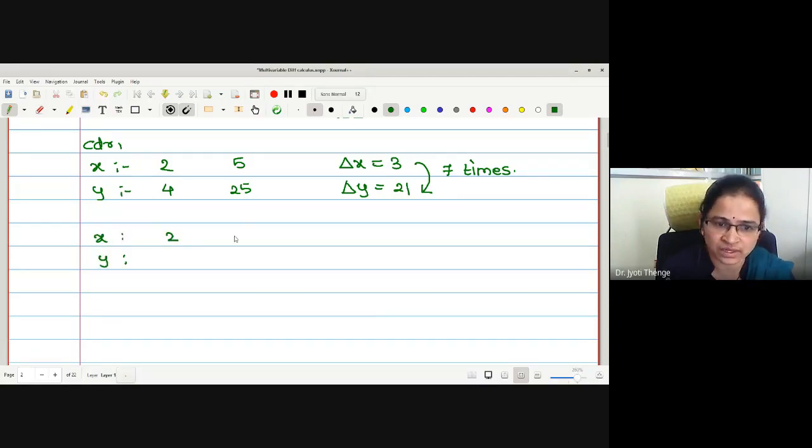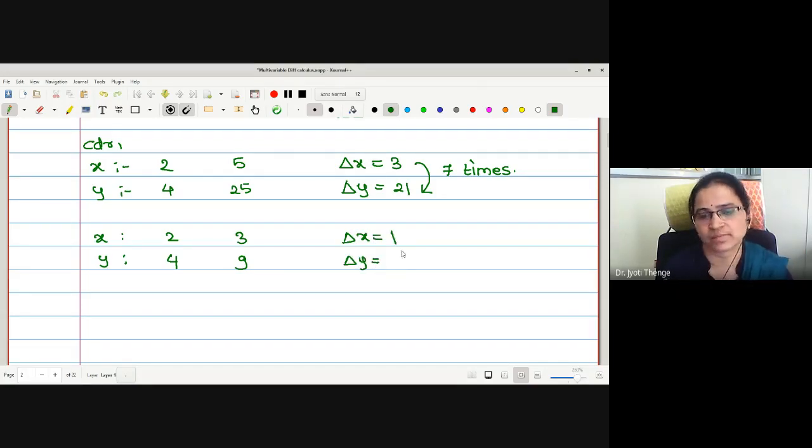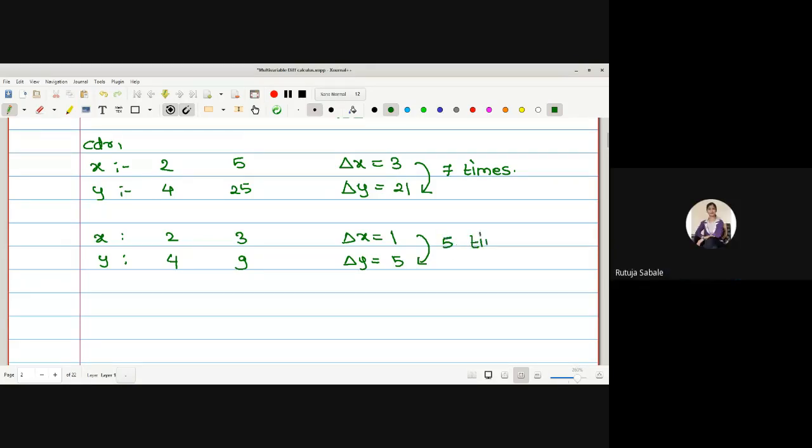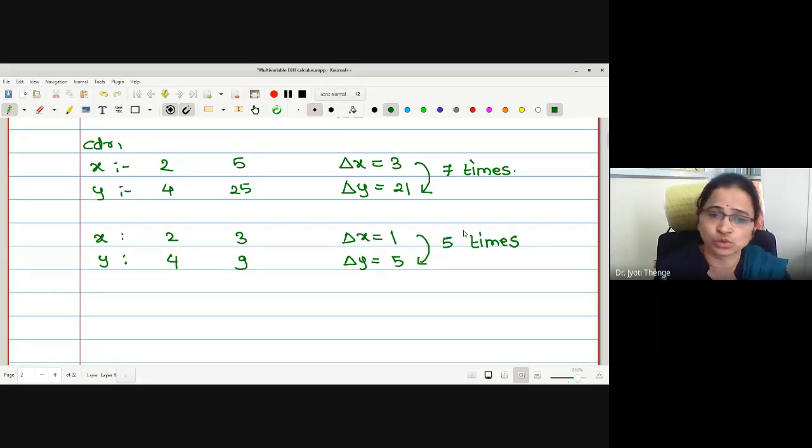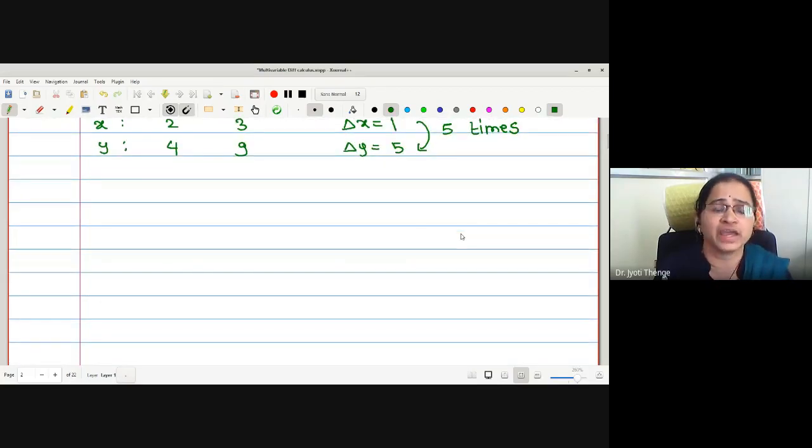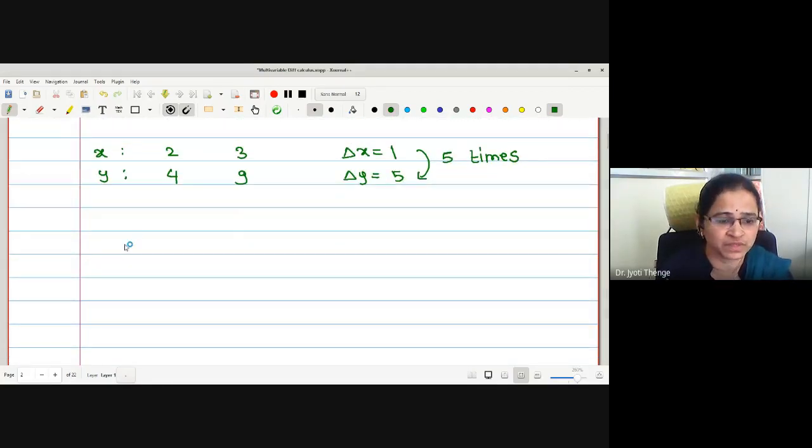Say 2 and 3. Again the value is 4 and here it is 9. Now change in x is 1. Change in y is 5. Correct? Now change in y is how many times the change in x? 5 times. Therefore, this is also not going to do. Let us again reduce the difference between the values of x and y. Let me reduce the difference more. h tends to 0 is what we want.